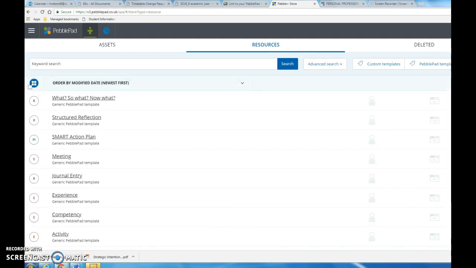Now, what's important to do is to start building your library of assets over the semester, because I've done another screencast on your assignment, and your assignment is going to be made up of these assets. You're going to be using these assets to back up what you say in your assignment. It's really important that you start building your assets early, because we can always tell the people that have rushed through them the night before. It's also getting you into that routine and habit of reflection. So just have a play with it